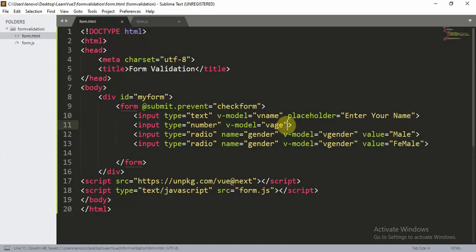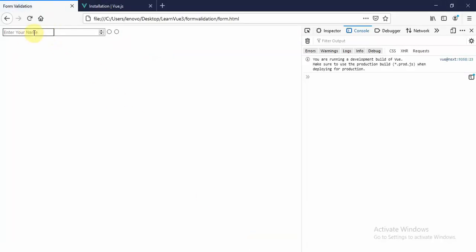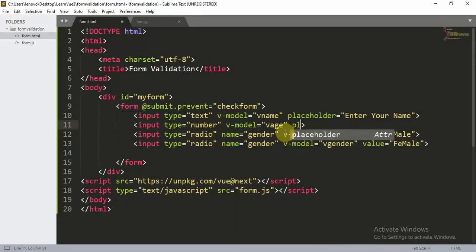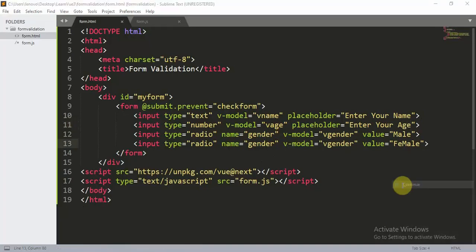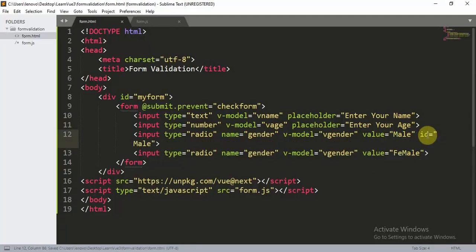And for this, let's refresh. So here you have a placeholder, enter your name, and for the next one, I can give placeholder is equal to enter your age. Now for the other two, we can give an ID is equal to male, and you can give this a value as female,